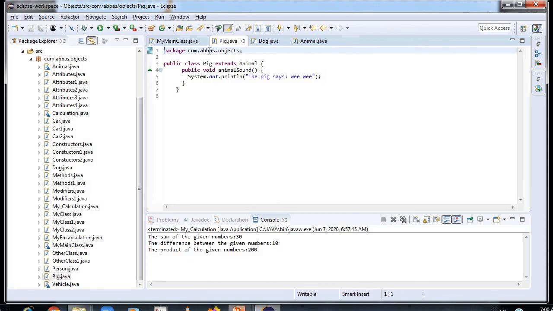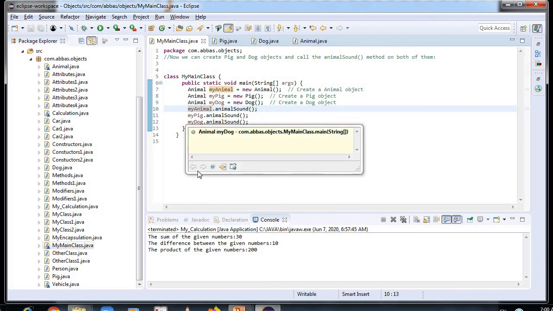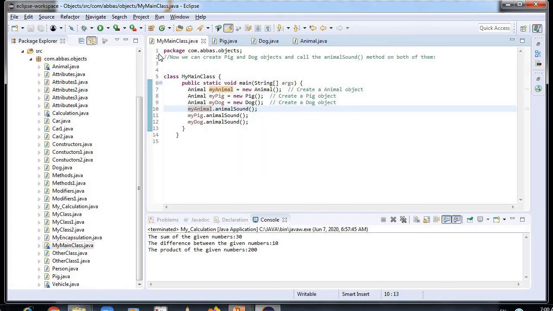Everything is related to each other by inheritance. Now as it is written, we can create pig and dog objects and all the animal sounds. You have seen I had created all the objects over here, animal, by the names my pig and my dog. After creating all the objects, I have to call them, and whatever I have stored in all my classes will be seen over here.